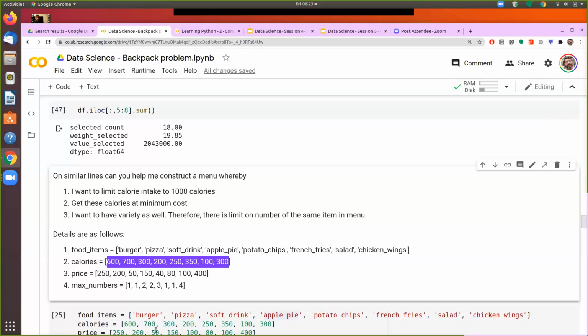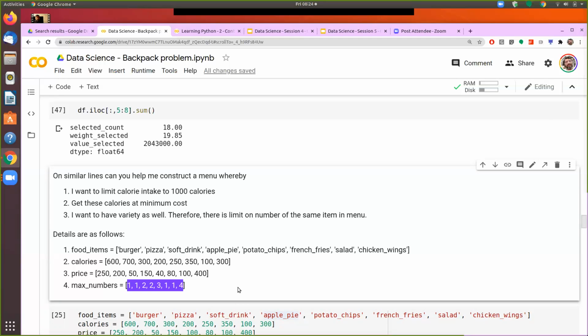So whether I feed the program the calories or the weight, for the program, it doesn't matter. Similarly, there it was the value, and here it is the price. And here I am saying how many maximum numbers I can take in a single meal. And there it said how many maximum number of items you have available in the house which the thief can take. So that's the principle of abstraction, which is one of the very important, and I would dare to say that this is the most important thing that you need to develop as a data scientist.